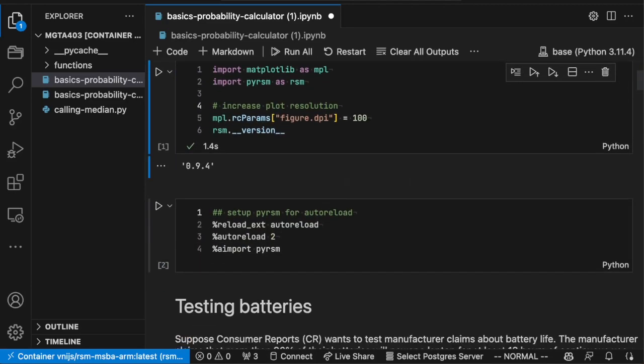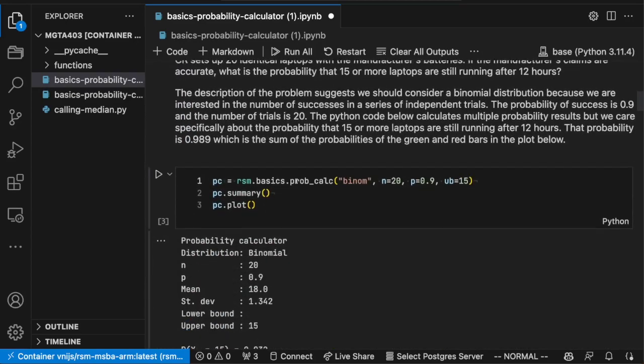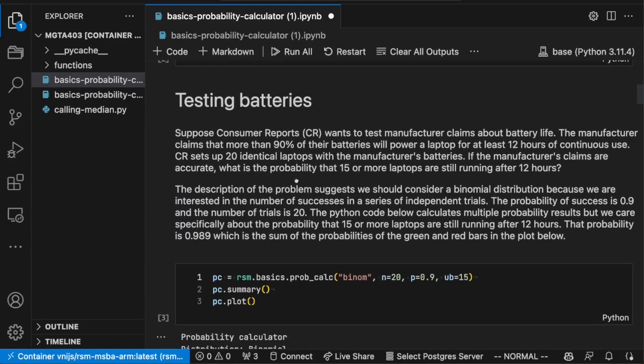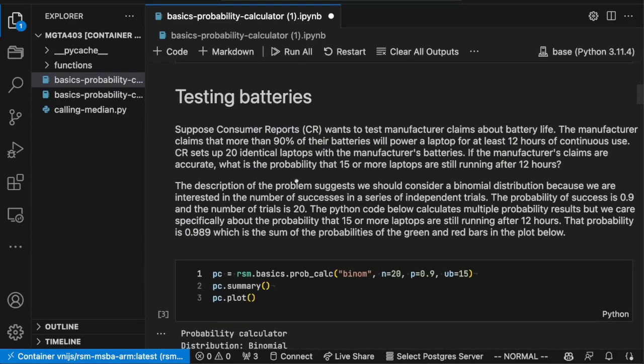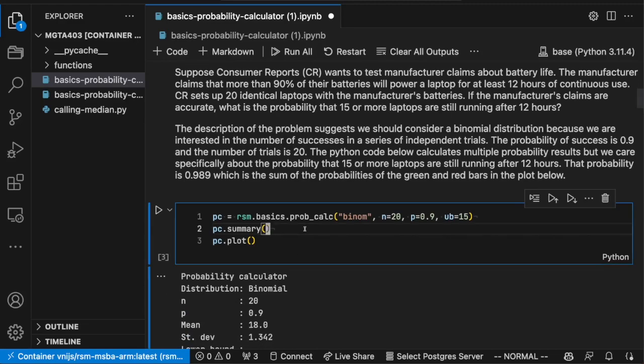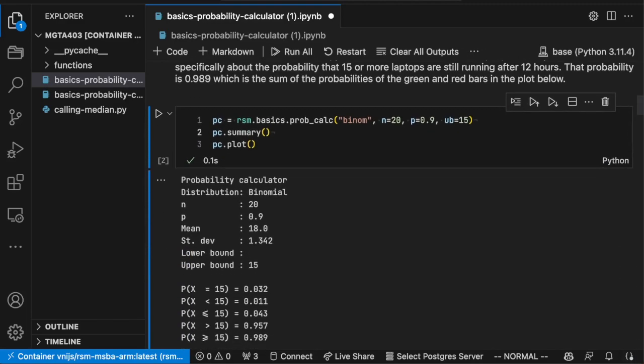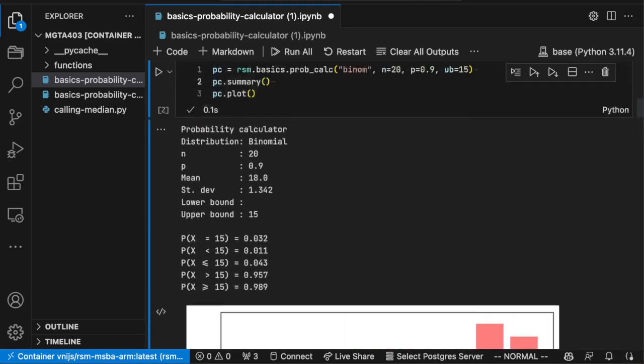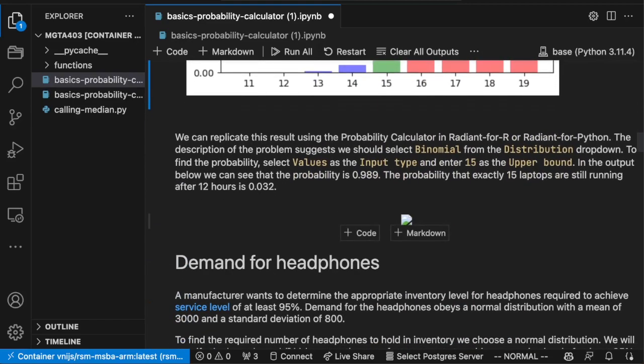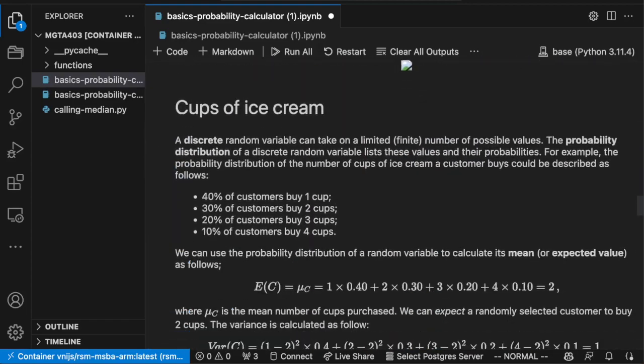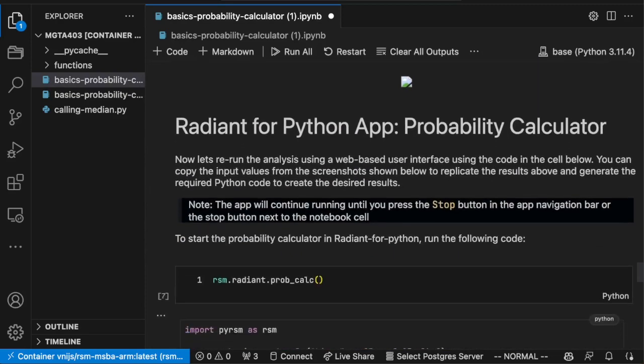There we go, 0.94. All right. So there are some examples here. These are the same examples that are provided for the help files for Radiant for R. And you can run those and get the results that you would want, including the plots. I'm just going to skip through those and go to the more interesting piece, which is down here,